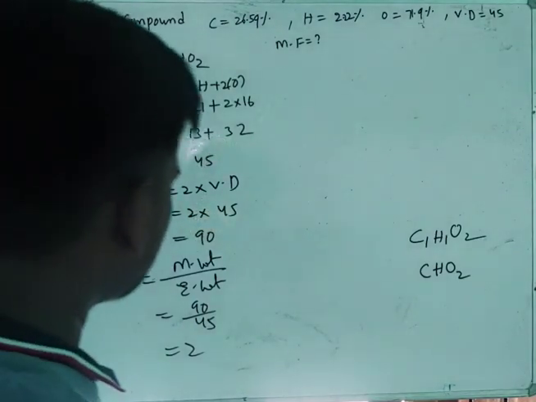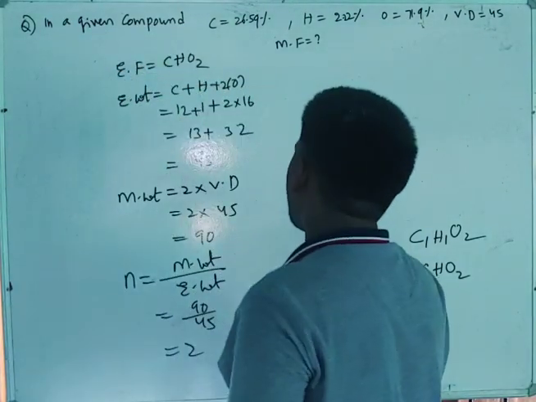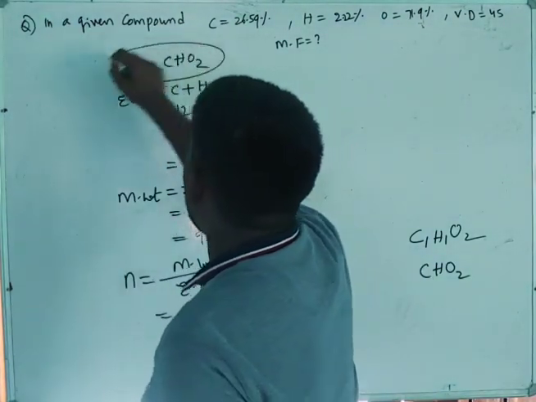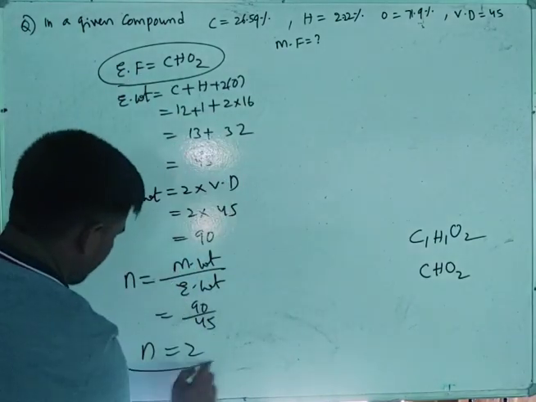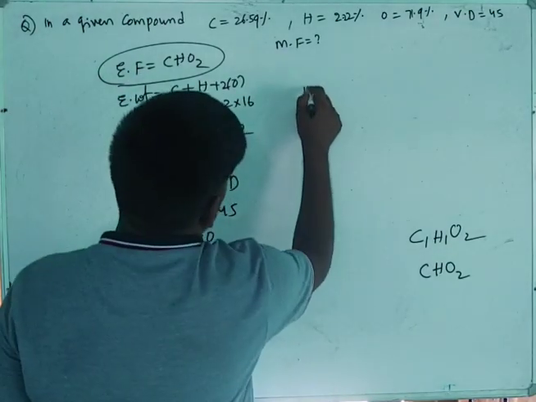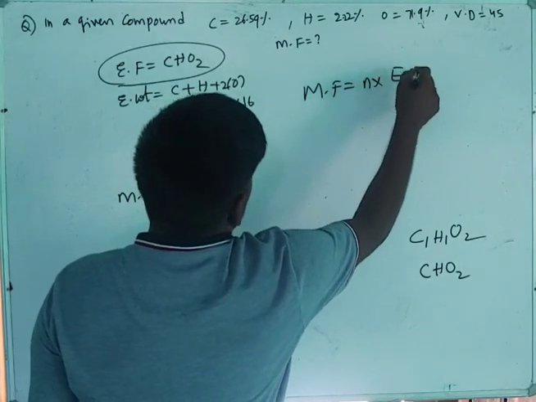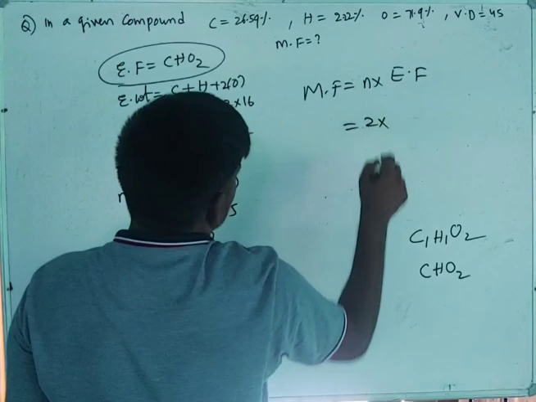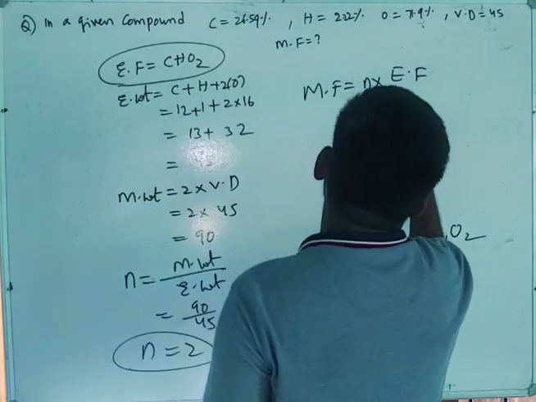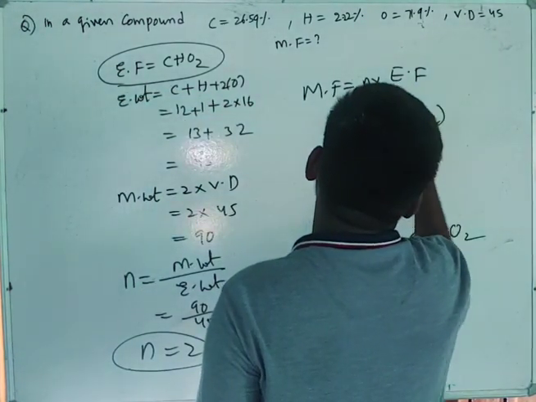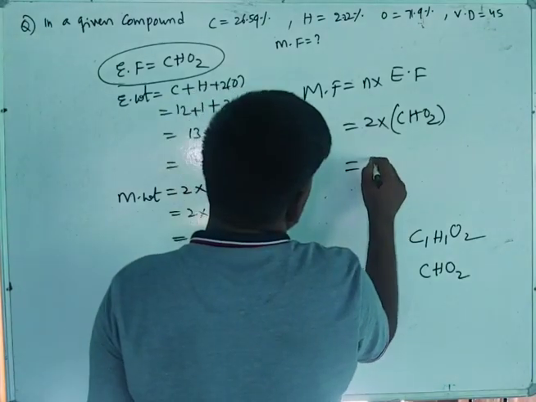So the n value is also there. Now we have the empirical formula and the n value. Now the molecular formula is equal to n into the empirical formula. The n value is 2 and the empirical formula is CHO2, which is equal to C2